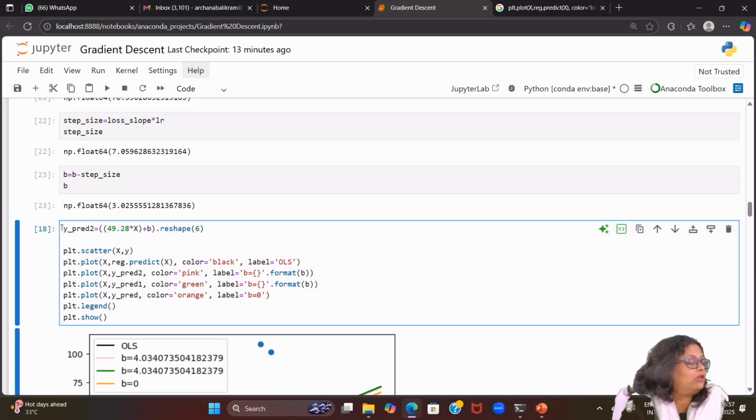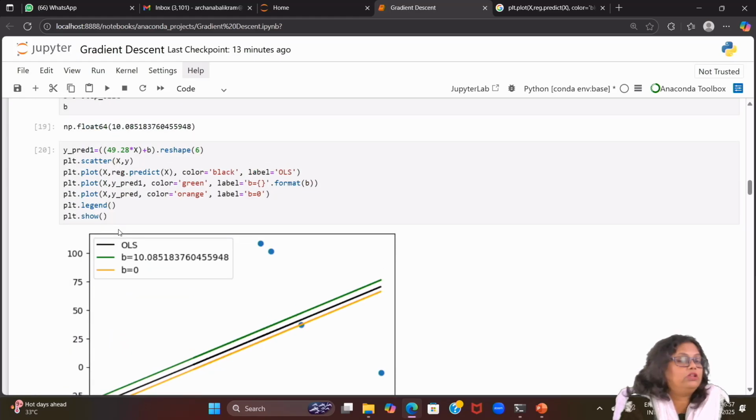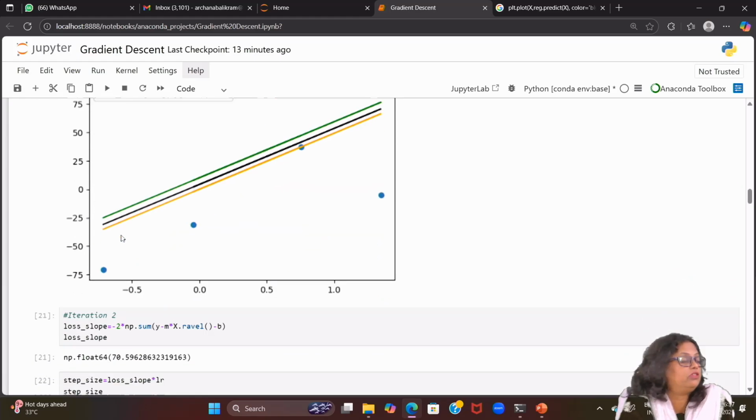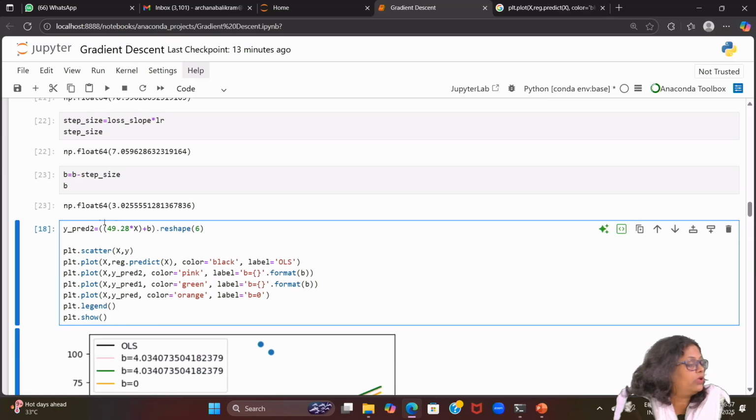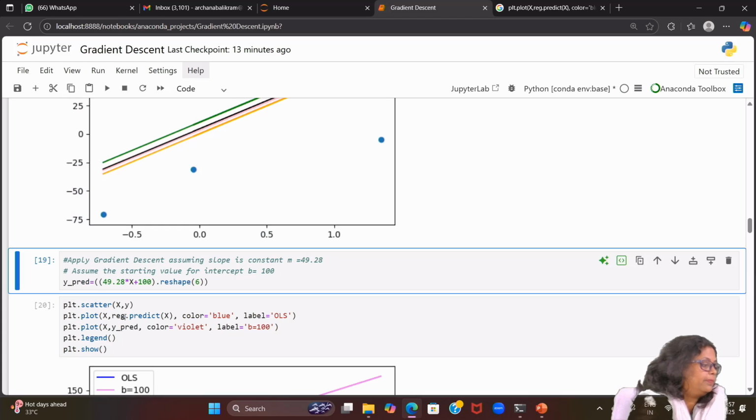So we are calculating y predict 2. For that, again we take the original m value, which we took from the OLS. This way we calculate y predict 2, then we pass x and reg.predict. This is the original one, then predict 2, predict 1, and the one where b is equal to 0. Just run this again.